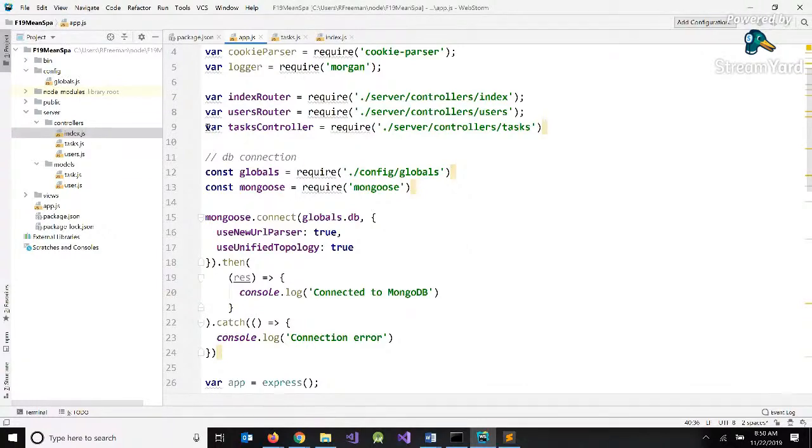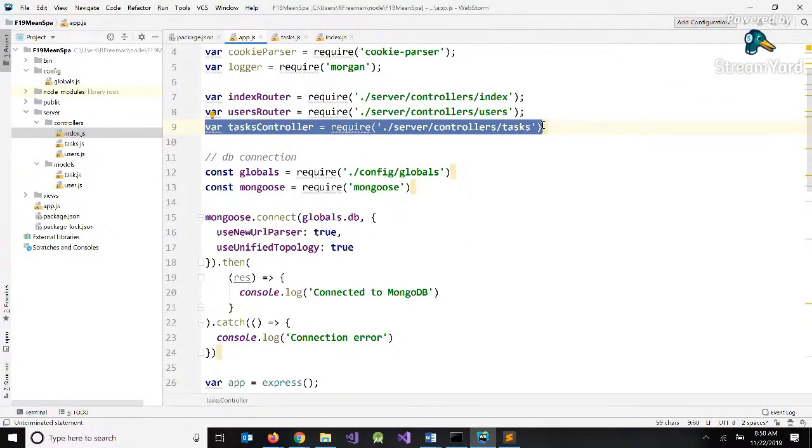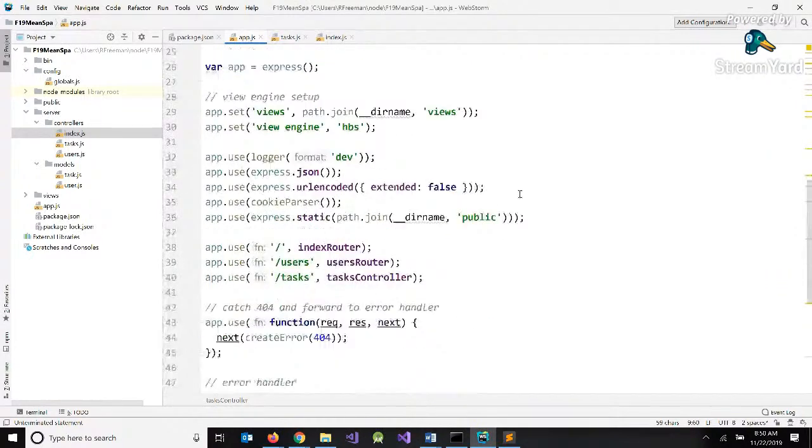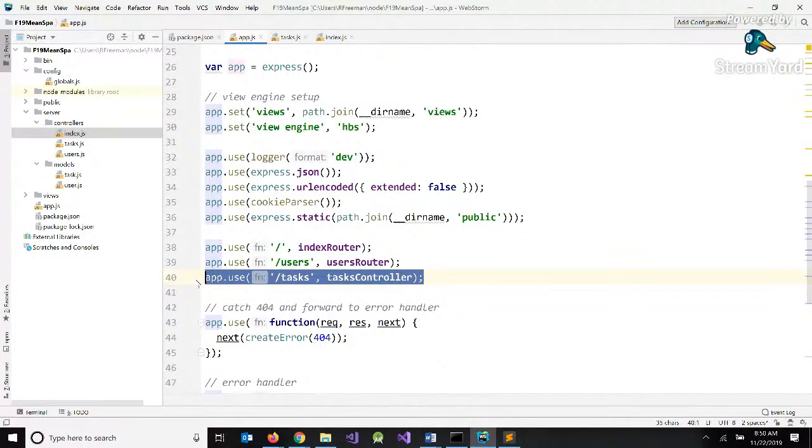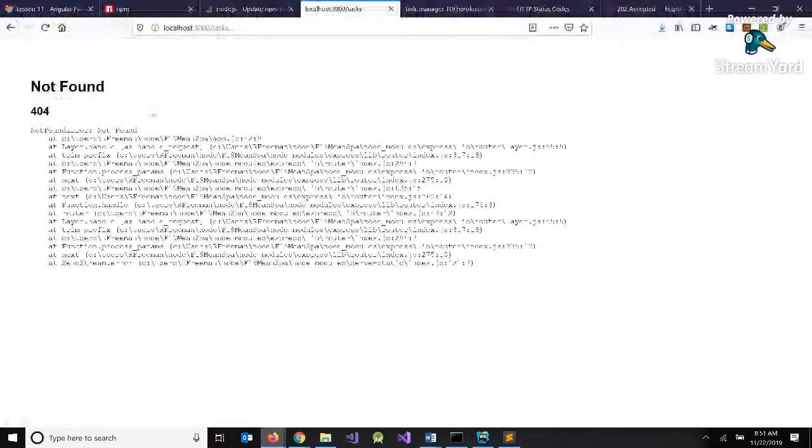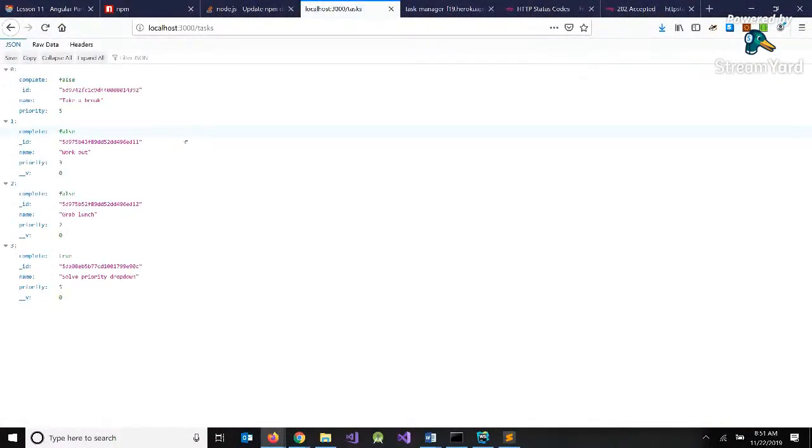So we added line 9, a reference to our controller, and I added line 40 that points those URL paths to that controller as well. So if I refresh now, we now get a JSON representation of our